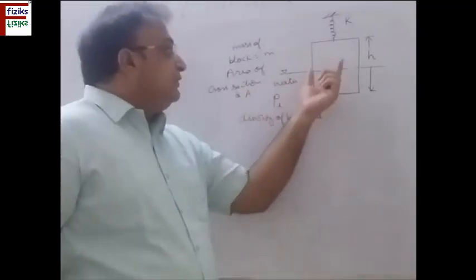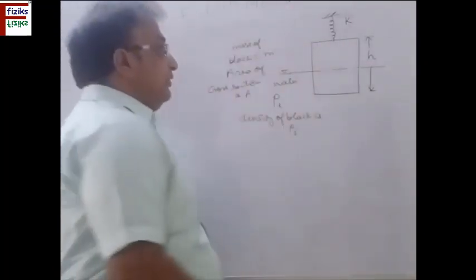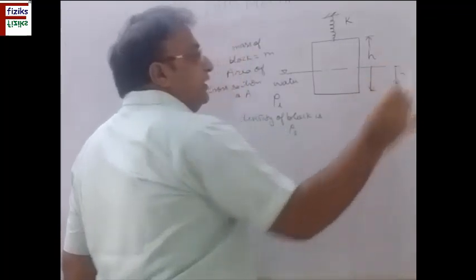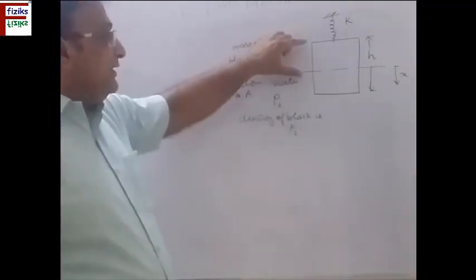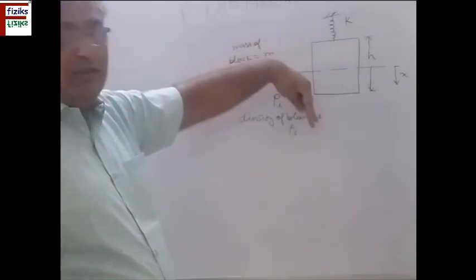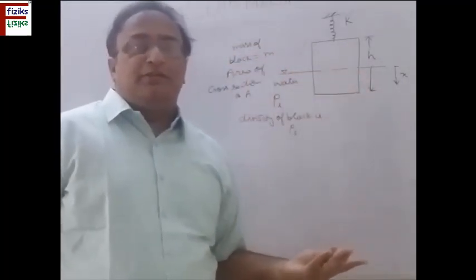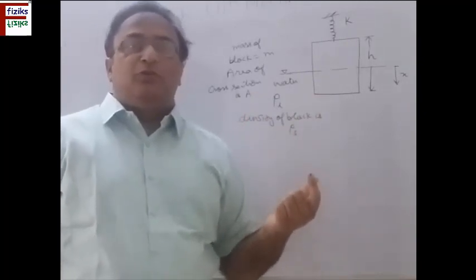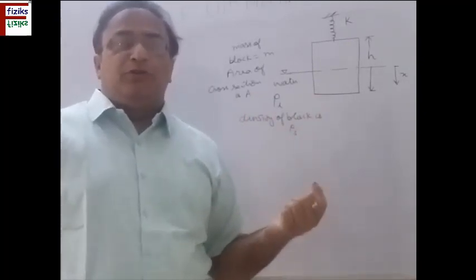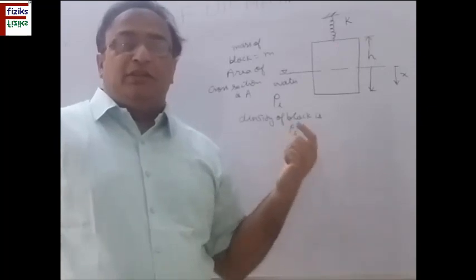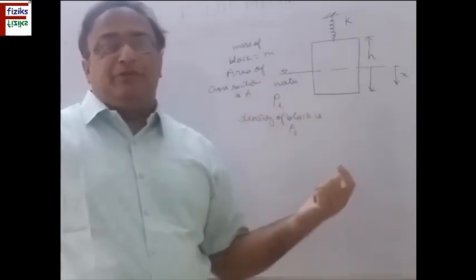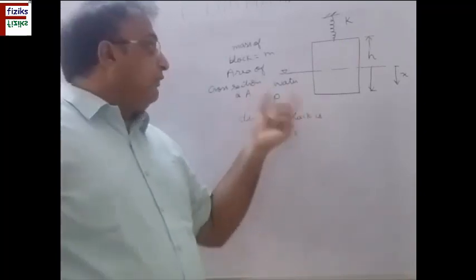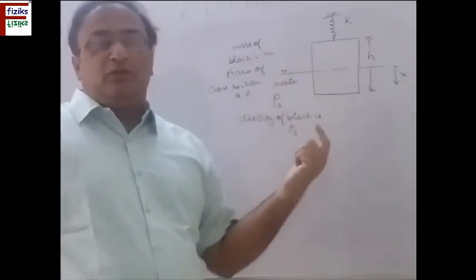Now the question is, a slight displacement is given. Suppose we take this as x direction. You can take x or y any direction. This is given a slight displacement in the x direction, downward direction. So it will execute simple harmonic motion. First of all, you should know that it will execute the simple harmonic motion, and obviously the vibrations will be damped vibrations. So we have to find the frequency and time period of these natural vibrations.